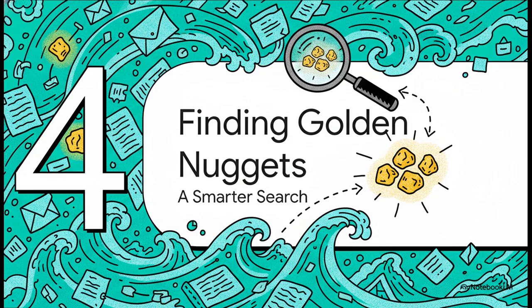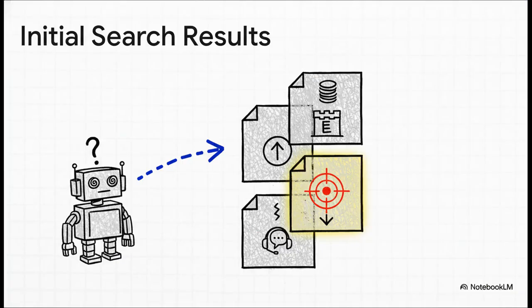It's like having a better treasure map, but you still have to dig in the right spot. Now, a standard search might pull up a list that looks something like this. And hey, notice our answer. Standard plan cancellation steps is in there. But look where it is. It's buried at number 4, right behind irrelevant stuff like the general billing policy and that enterprise account info that tripped us up before. A naive AI is just as likely to grab that wrong info and run with it.